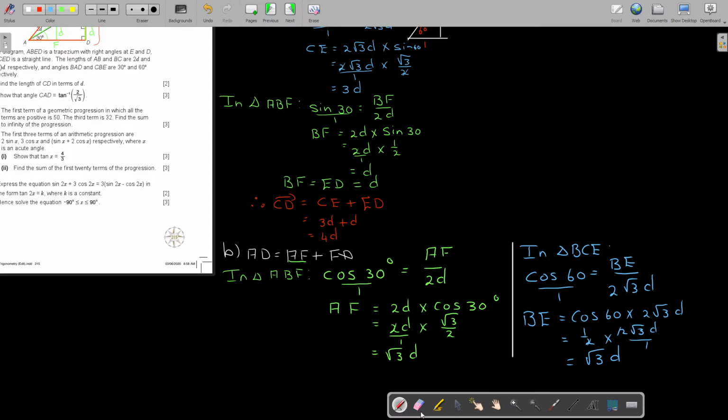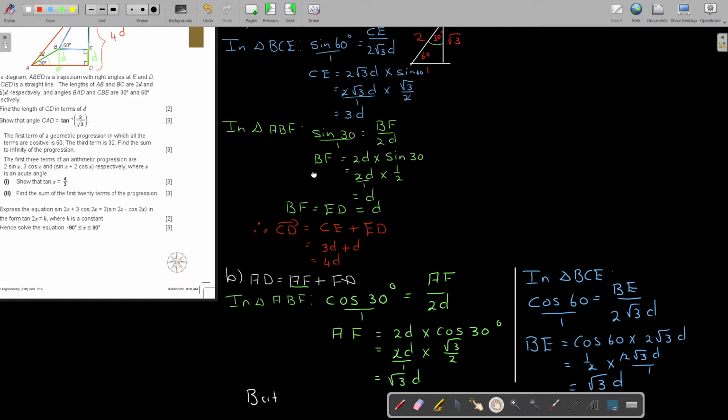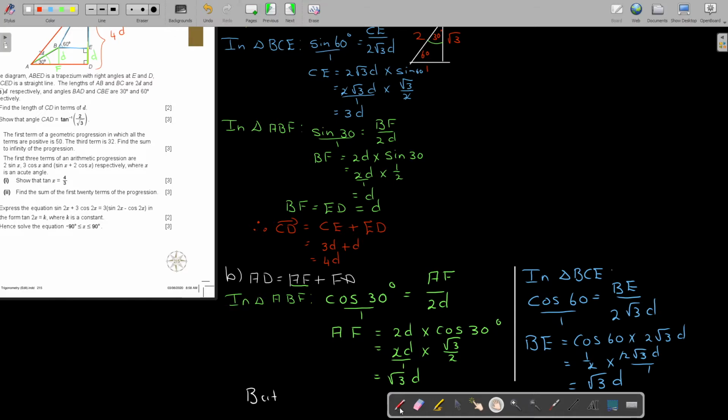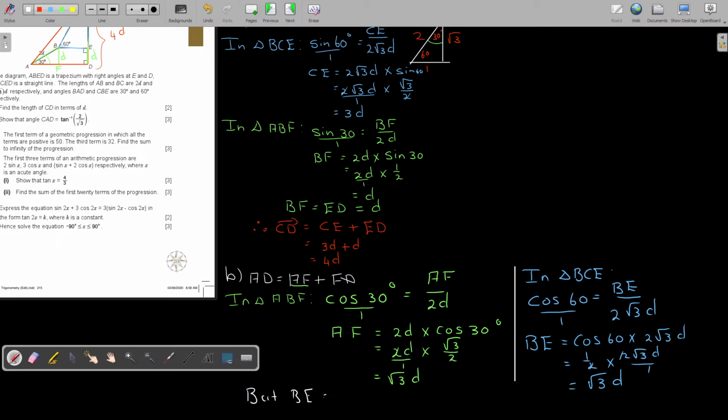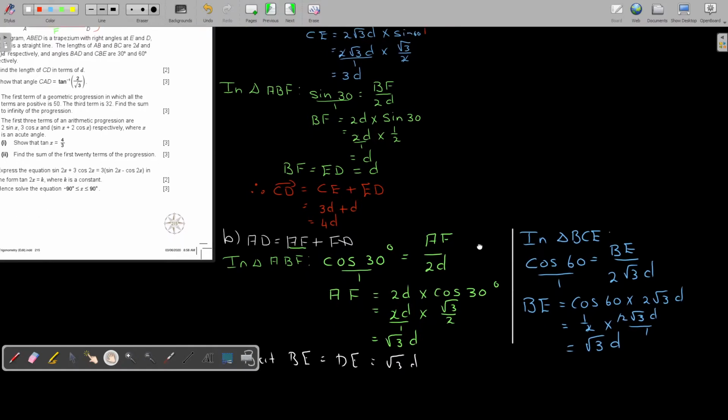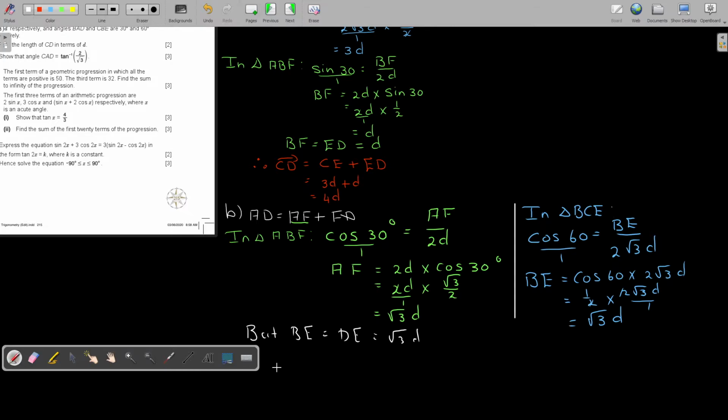Okay. So now I'm going to go to the picture again. I need the picture. I want to say BE. So, but BE, let's just take this away. BE equals DE. It's just saying that that is equal to that. Is equal to square root 3D. And it's actually just saying, and I'm coming to my beginning. So therefore,